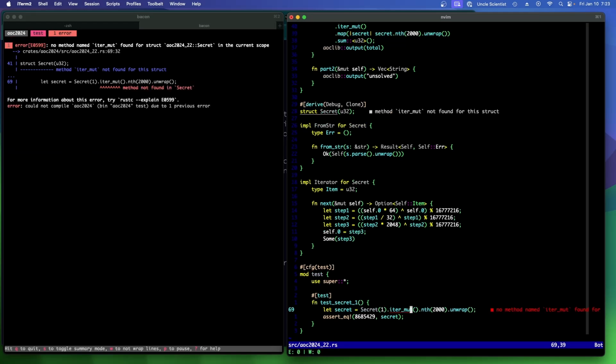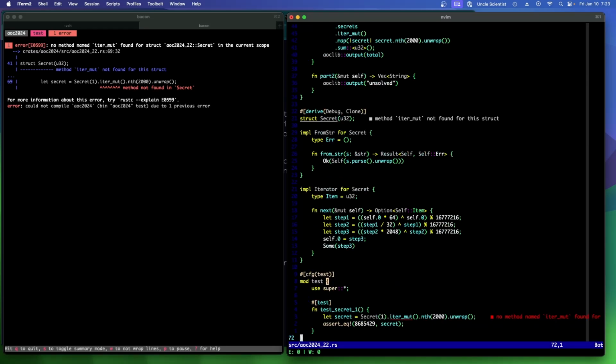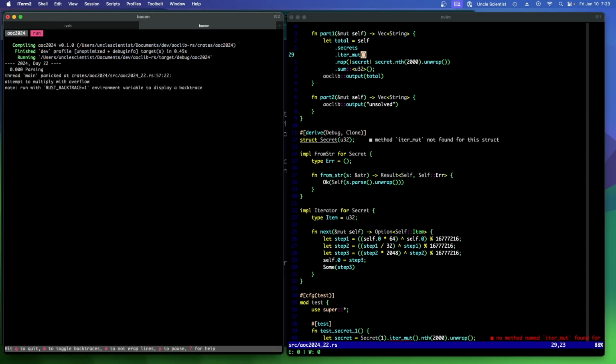But it won't let me do that. Method not found in Secret. Really, but it took it here. If I hit run, it panicked. Attempt to multiply with overflow on line 57. Oops. Oh, okay. So maybe we don't want u32s. We want u64s. Because we shifted beyond the length of the...